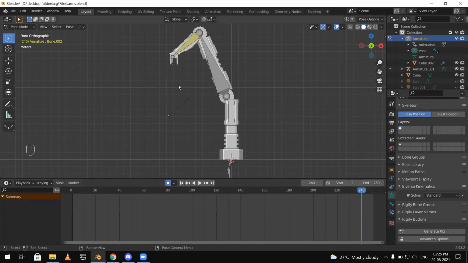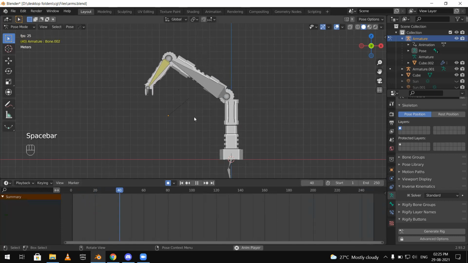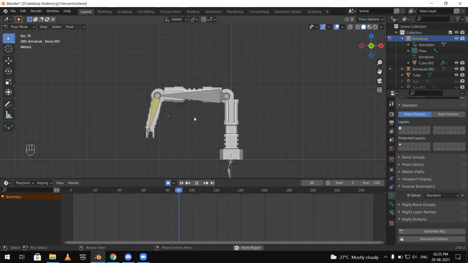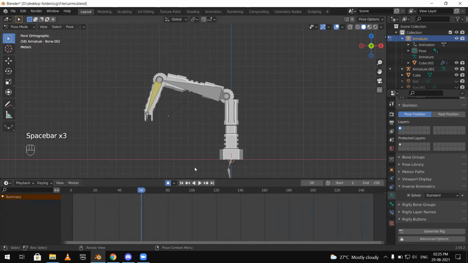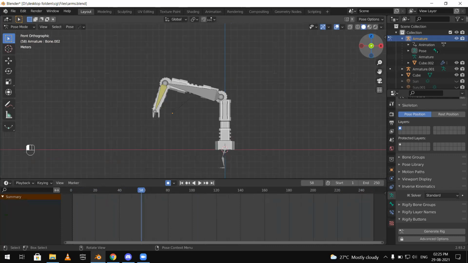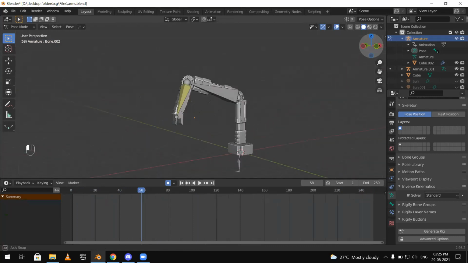Now, if we play the animation, it works pretty fine, but it does not work in a cyclic manner. What I want to do is build a cyclic animation. And this is what many of you will like to do when you first make animations.